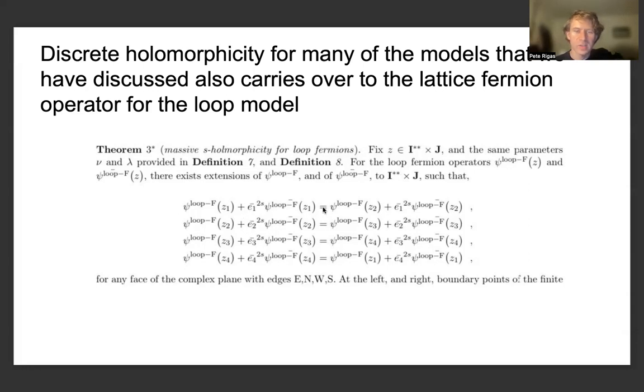And we can obtain similar expressions to those we had given before, namely, we evaluate the parafermionic observable on one edge, we add some complex phase factor and take the complex conjugate of the parafermionic observable on the same edge. And from this massive or massless S-holomorphicity, which is related to the discrete holomorphicity in the Cauchy-Riemann equations, we can obtain the value of the lattice fermion operator at another edge of the hexagonal lattice, z_2, plus a complex phase factor times the complex conjugate. And very similar relations hold for the remaining three equations, which constitute the discrete holomorphicity relation for the lattice fermion operator, and how it directly carries over from the discrete holomorphicity relation for the parafermionic observable for the Ising model, for the Ashkin-Teller model, for the loop O(1) model, the loop O(n) model,